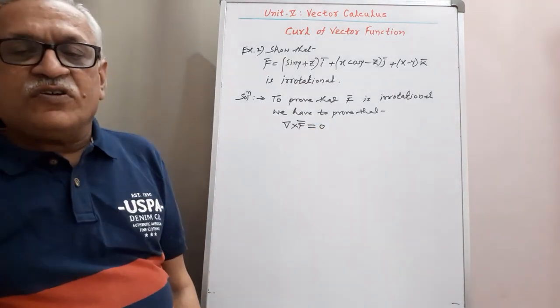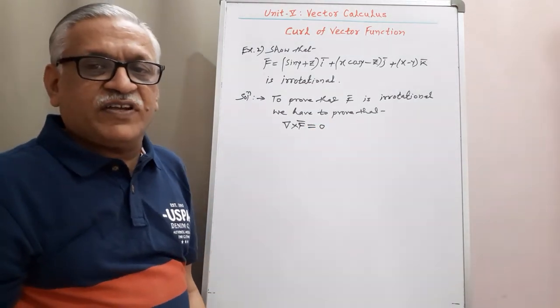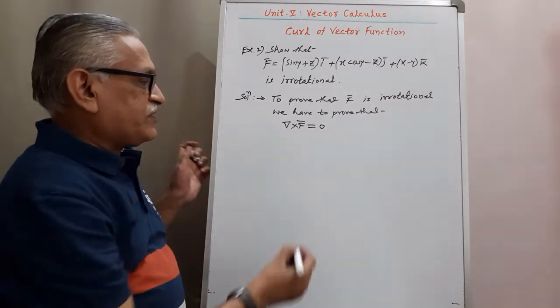Means if we show curl of that function as 0, we can say that it is irrotational vector function, and